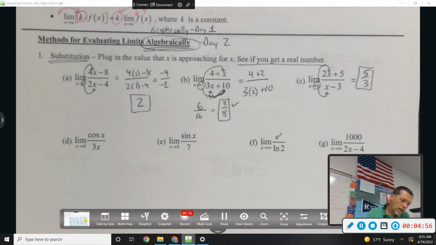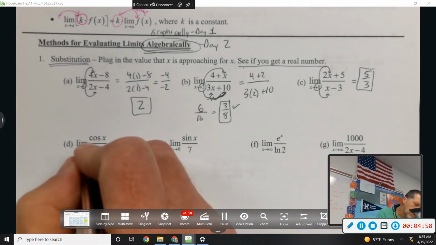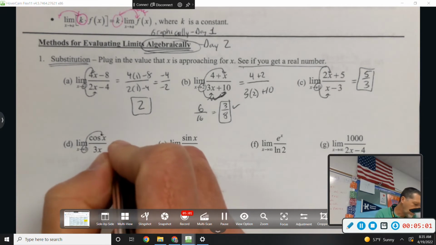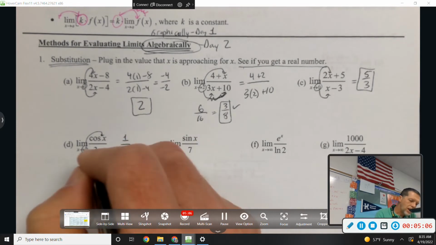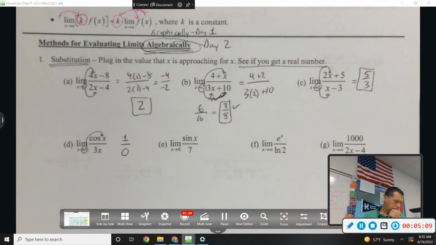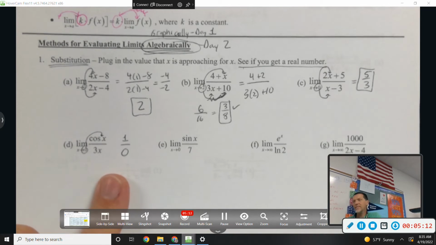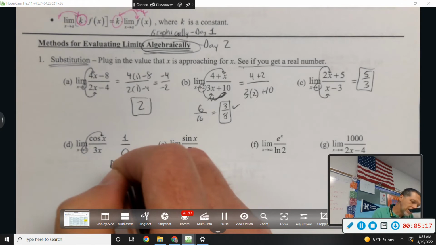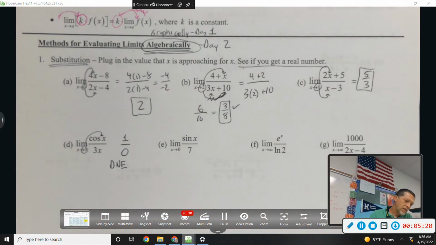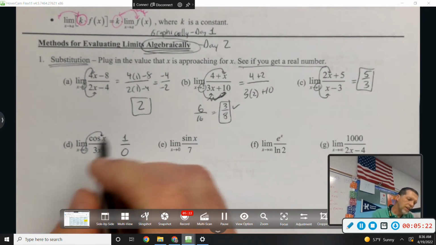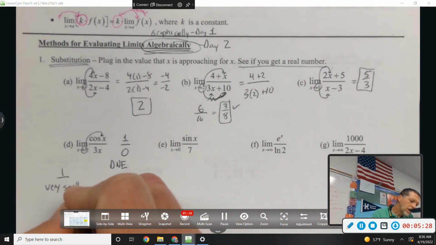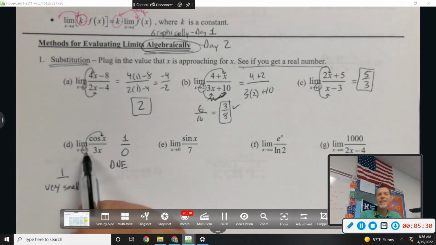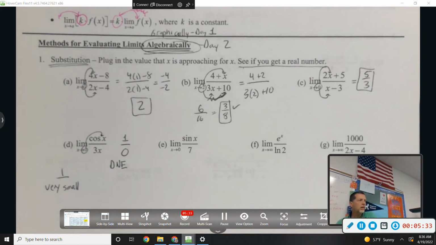Let's see, plug in 0. What's the cosine of 0? 1. And then 3 times 0 is 0. Uh-oh. That's not a real number. You can't divide by 0. So this does not exist. You could also think of this as 1 divided by a very small number, because it's as x approaches 0. So we may not get to 0, but as we get really, really close,